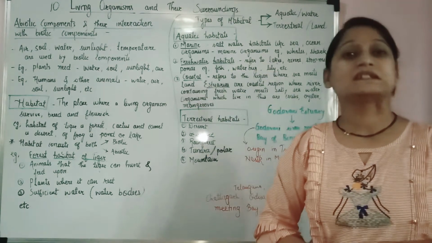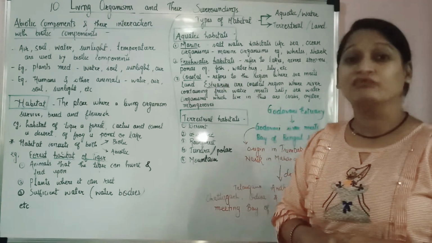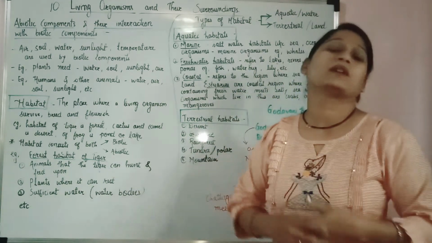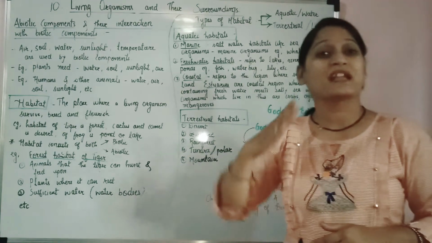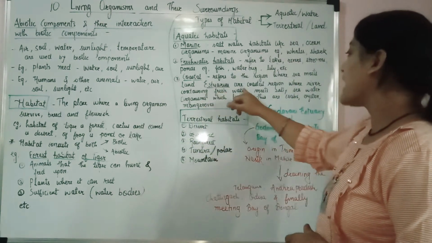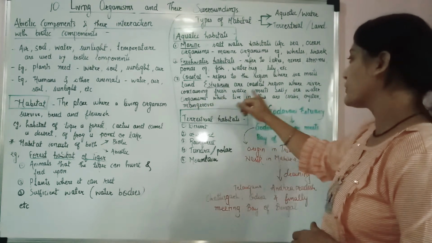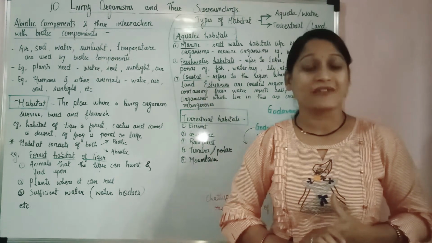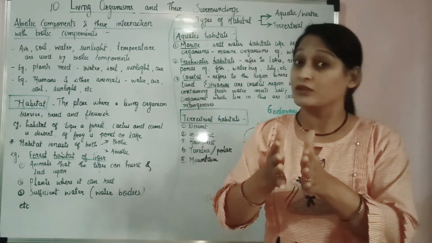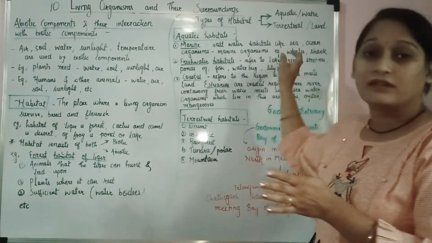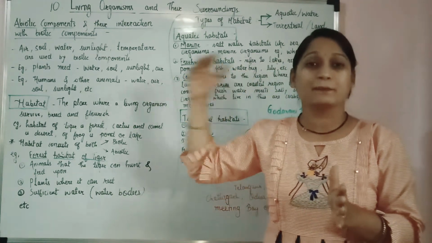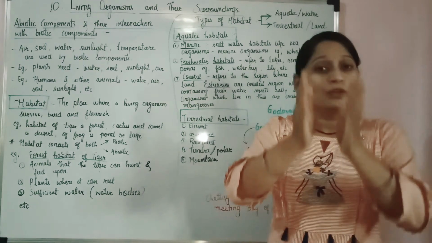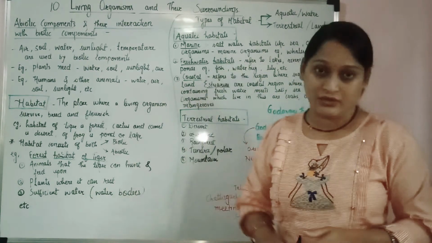The third one is the coastal habitat. Coastal refers to the region where the sea meets the land, right? Where the sea ends and land starts. That region is called the coastal region, right? We call it किनार पट्टी in Hindi, right? So estuaries are the coastal regions where the river containing fresh water meets salty sea water. Estuaries are the example of coastal habitat where the fresh water is meeting the salty water of a sea. Fresh water from where? Not the lakes, but the rivers or the streams, they are eventually meeting up or adding up into the sea water, in the salty water. The place where they are meeting forms an estuary, right?